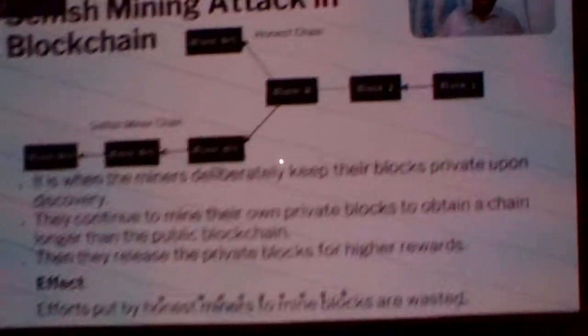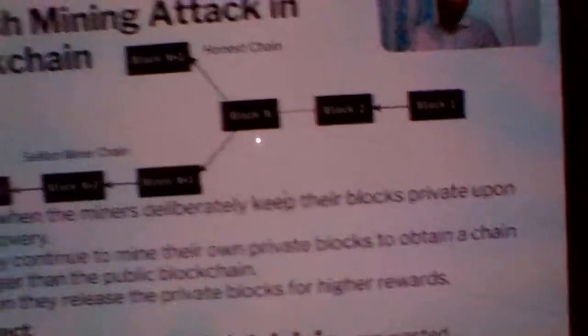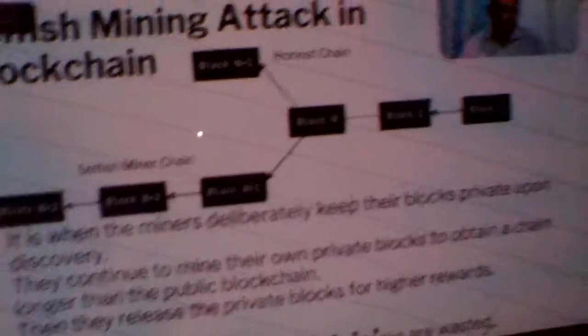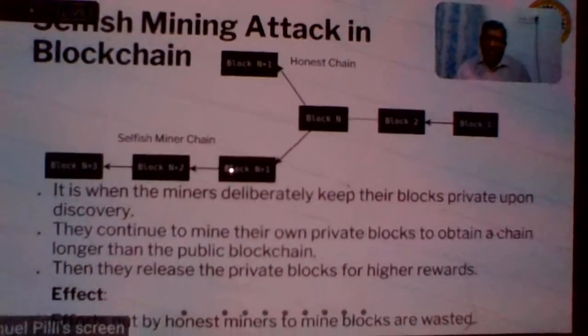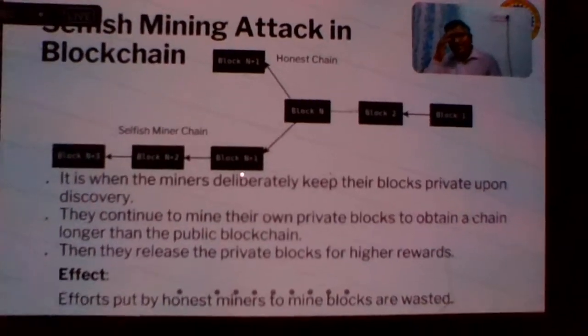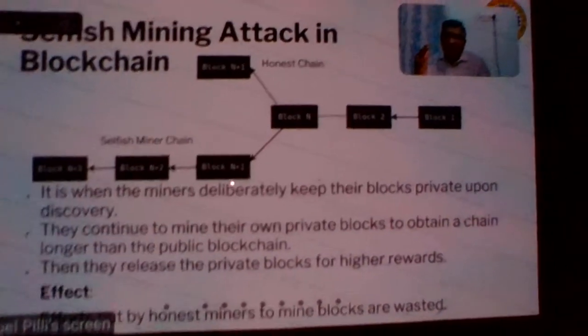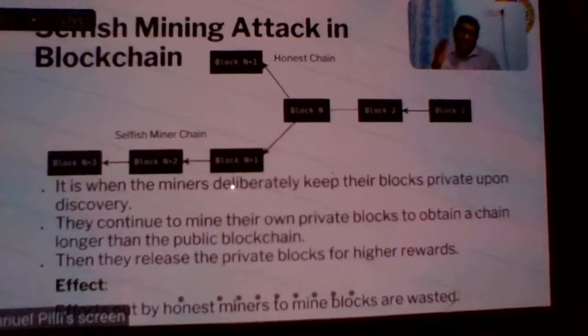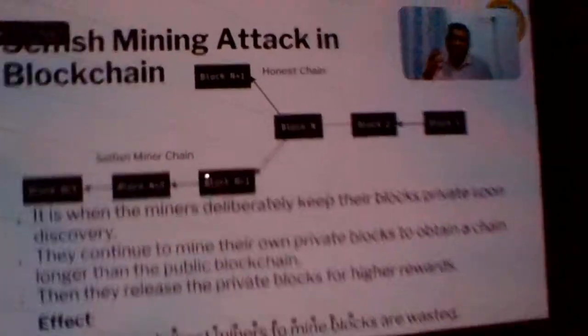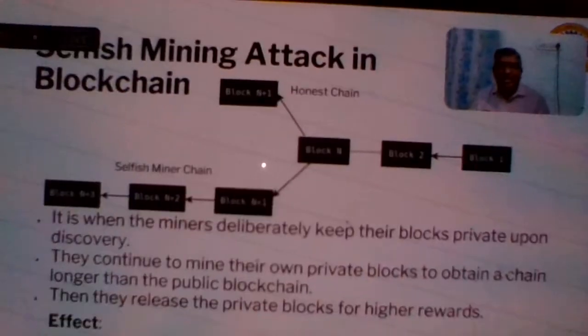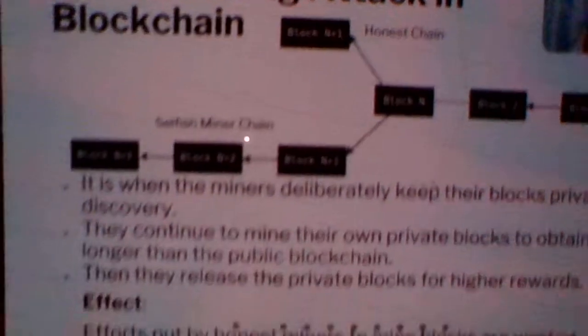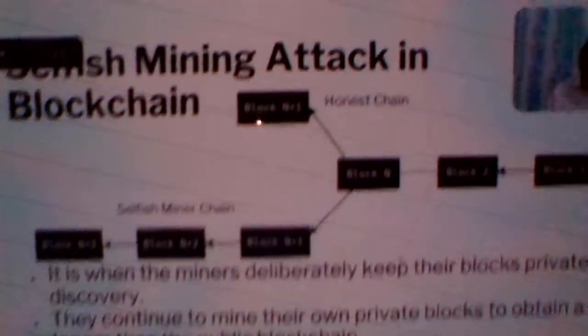So why should I announce immediately? Let me build a blockchain of 4 or 5 blocks, and at the same time I get all the 4 or 5 blocks' money in one go. That is what is called selfish mining. Now just imagine how much programming, how much algorithmic thought process, how much resource management has to be in place to ensure that you should take a risk like that.